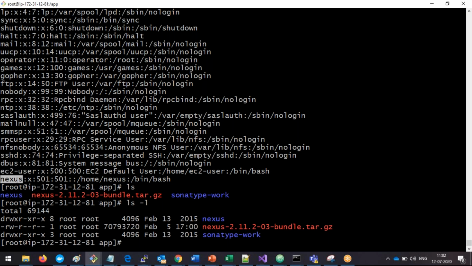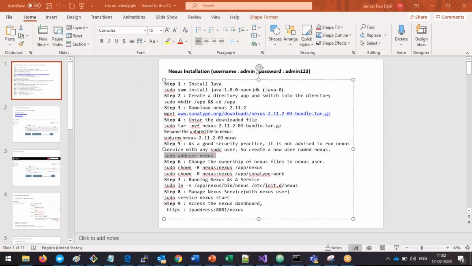So that is the reason what we are going to do. We are going to change the permissions of these folders, nothing but the directories, from root to Nexus, so that the Nexus user can perform the operations. Otherwise, we are going to see permission denied errors, because he does not have the access. Simple, right? So now here, changing the permissions, the chown command. So changing the ownership,